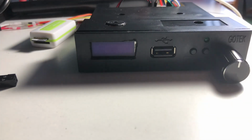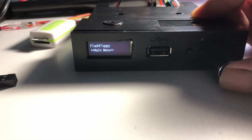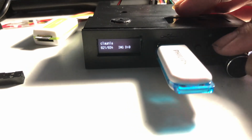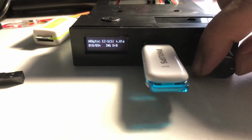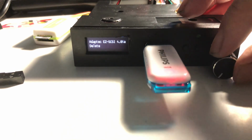So now let's put the power and try it. Power on. So we can see already the menu here. We click and can move through the menu, or we can plug in a USB stick. Sorry, it lost focus. And plug in a USB stick, and now we can move. So exit to selector, or move folders, images, etc. And if we want to choose, for example, this, okay, chosen, or enter the menu, exit and reset, and so